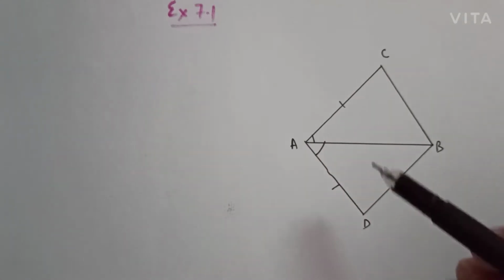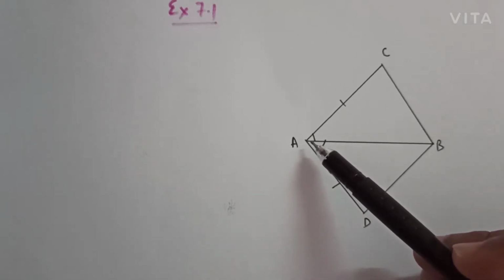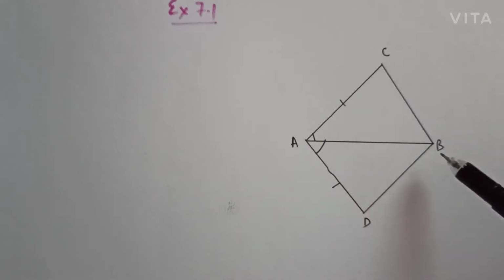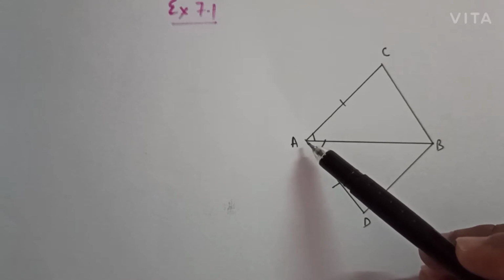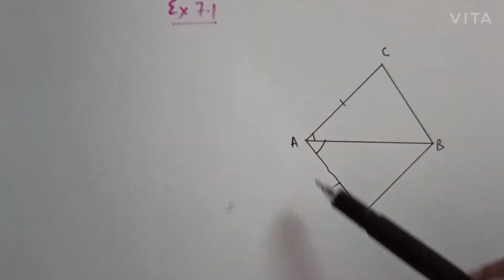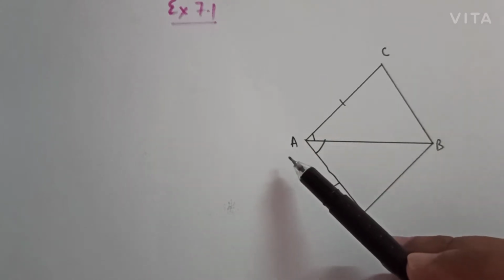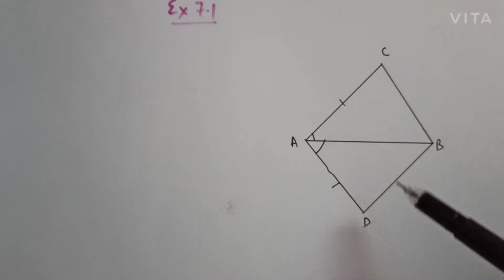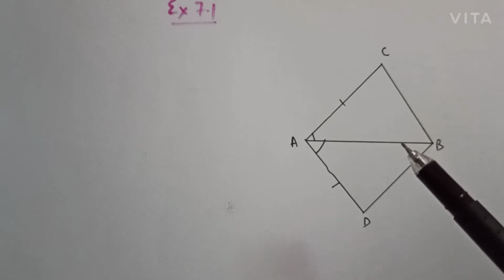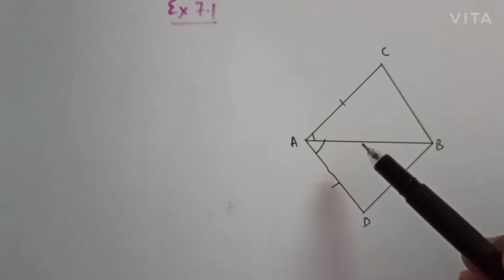Just remember one thing, children. The quadrilateral is always named either in the anti-clockwise manner ACBD, or it can be named as ADBC, that is clockwise manner or anti-clockwise manner, but we cannot name this quadrilateral as ABCD. So this you need to remember whenever you are drawing a quadrilateral, or if it is given in the quadrilateral, then you are naming the quadrilateral.